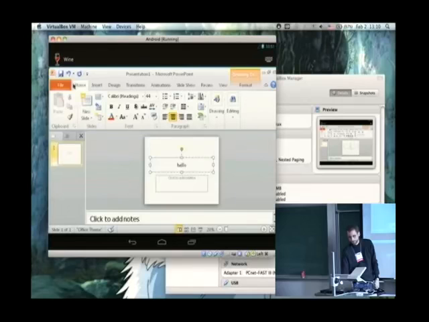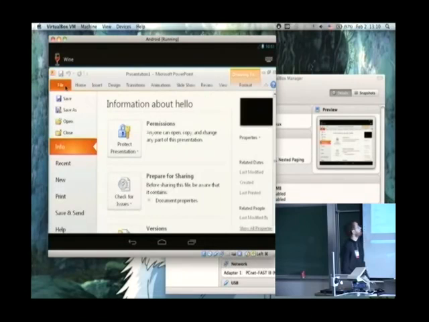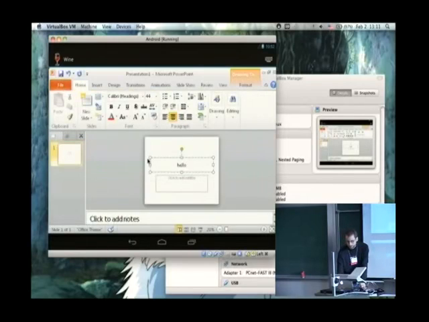One problem you have is, for instance, if you try to exit PowerPoint, the exit option is somewhere here. Because it's scaled up, there's no way it can fit everything on the screen. So that's one of the things we need to address, is to have some kind of panning or zooming, unzooming of the interface, so that you can use a desktop application on a small device. But apart from that, you can do